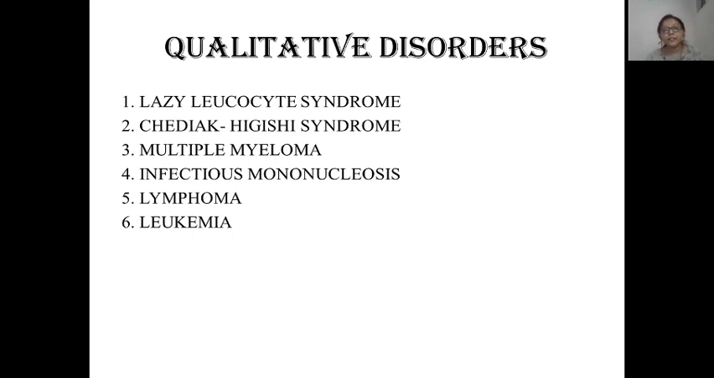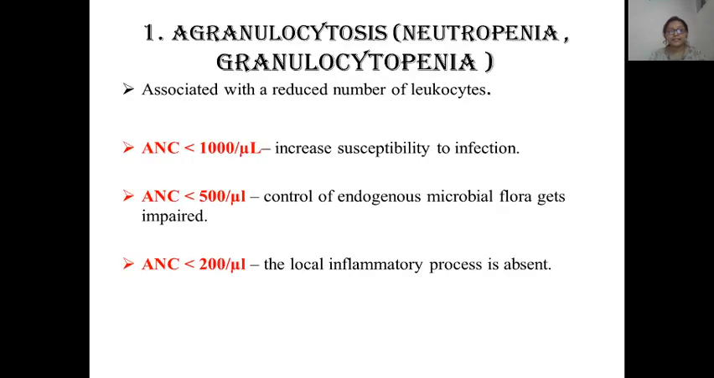Now, this is a qualitative disorders classification. It includes lazy leukocyte syndrome, Chediak-Higashi syndrome, multiple myeloma, infectious mononucleosis, lymphoma, and leukemia, and everything is broadly described in the further slides. Now, first of all, agranulocytosis, which is also known as neutropenia or